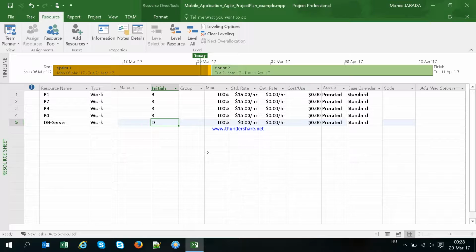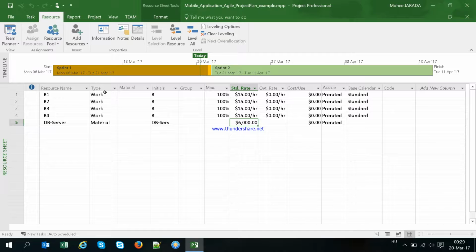Okay, I will say this is just an initiation, DB server. I give some initials, and I will type here the standard rate. Sorry, here, this is the material, and it has only one standard rate. I will say this is completely with the license, and it's a floating license for more than 1 year. So it is $6,000, for example. And now again, I've added the server as a resource, the cost of the server that we will consume for this project, for sprint 1 and sprint 2,